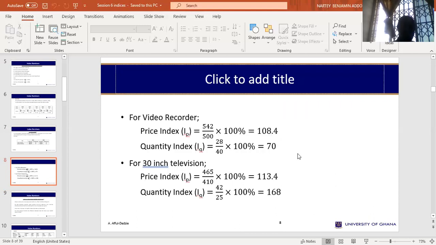Okay, so with these figures, you can be asked to calculate the value relative for each of them. So the value relative will be 108.4 multiplied by 70 for the video recorder. And then for the television set, it will be 113.4 multiplied by 168. Okay. Now let's look at,